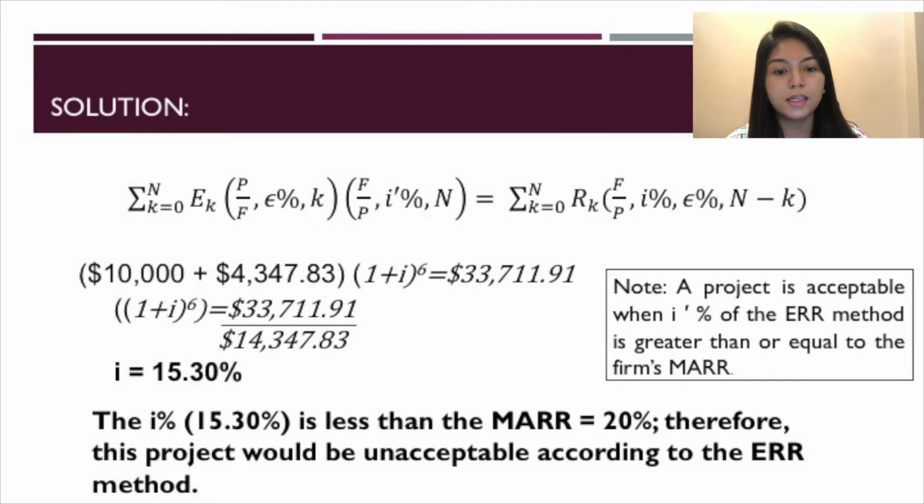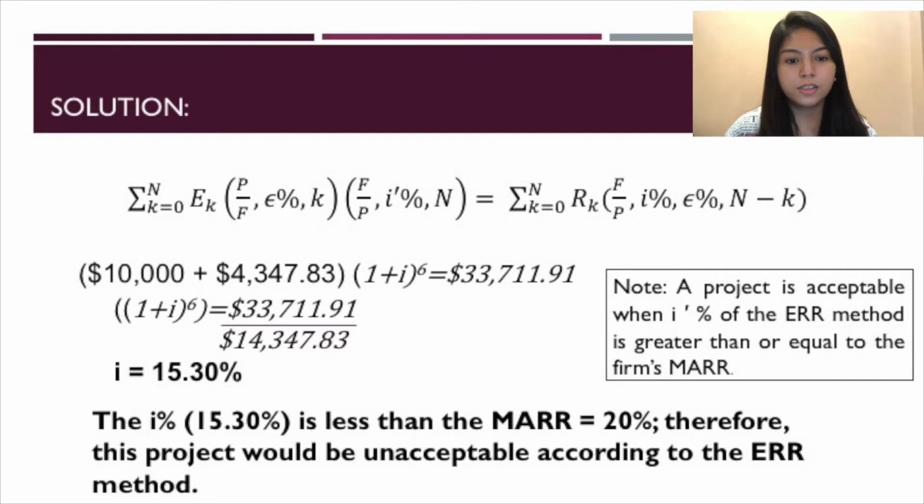So we will get $10,000 plus $4,347.83 multiplied by (1 + i) raised to the power of 6 equals $33,711.91. Then shift solve, we will get an i equal to 15.30%. Now you have to remember that a project is acceptable when the i% of the ERR method is greater